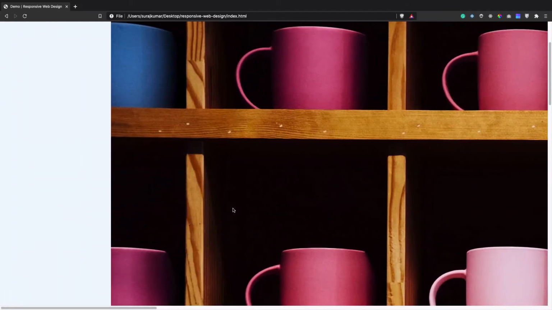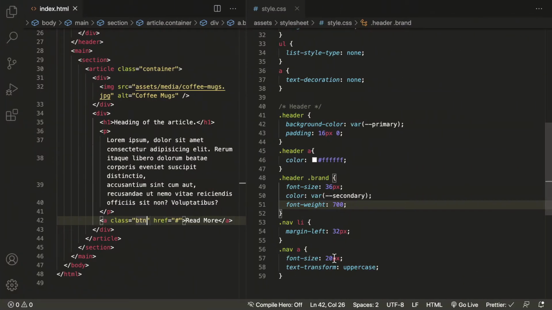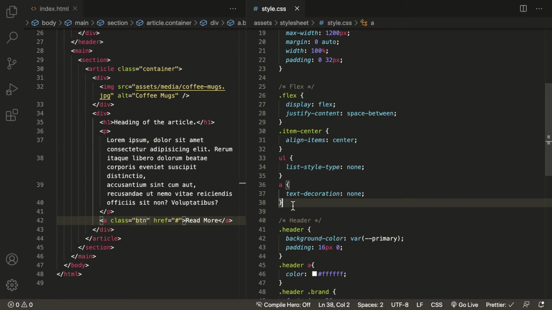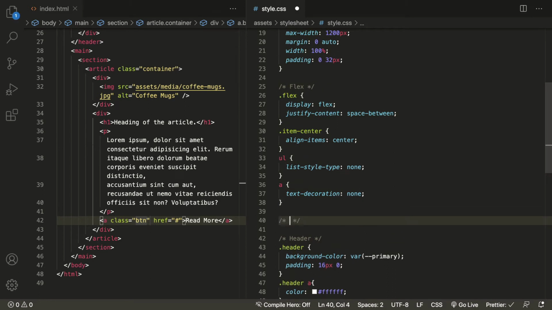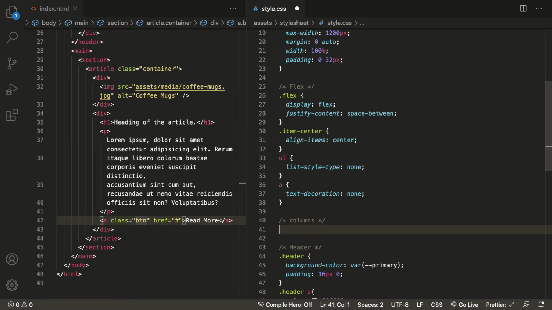Now we will first of all create columns, and this time our column should be flexible. So we know how to create flexible columns. We will make columns using percentage, either width 100% or 50%, or we will be applying flex properties: flex-grow, flex-shrink, and flex-basis. So here let's say columns. I'm using flex class. We'll say flex